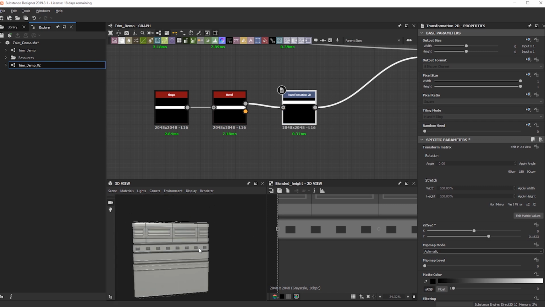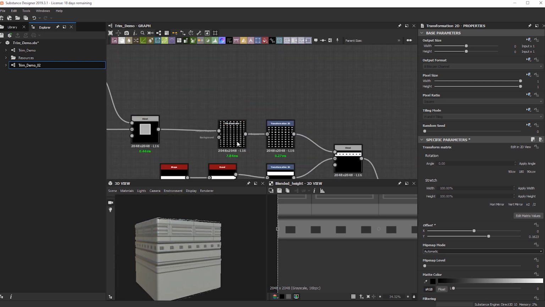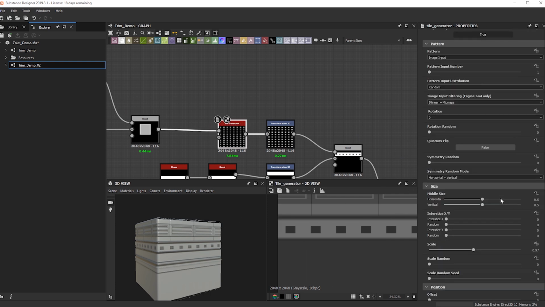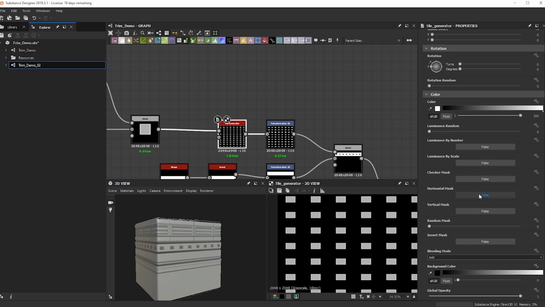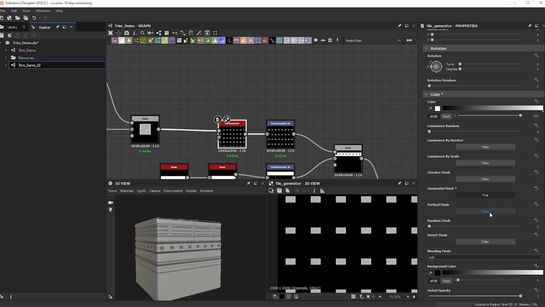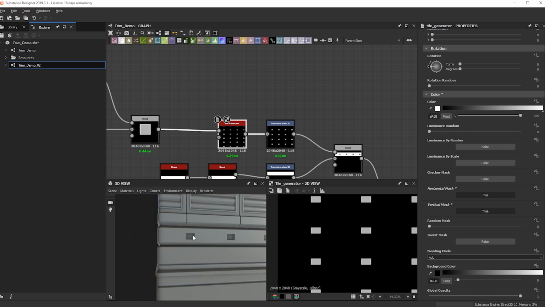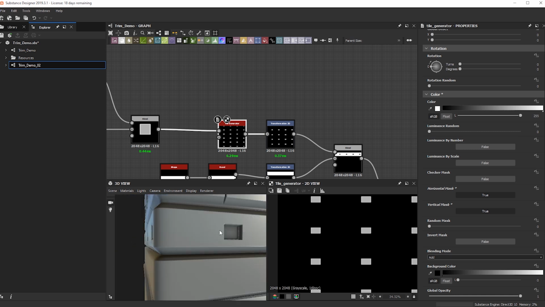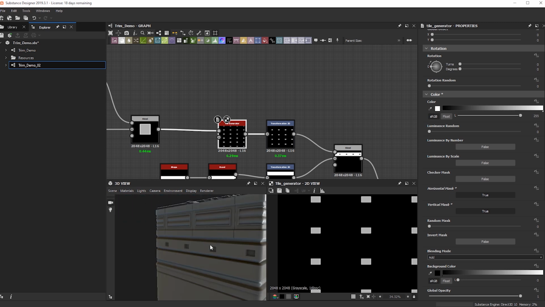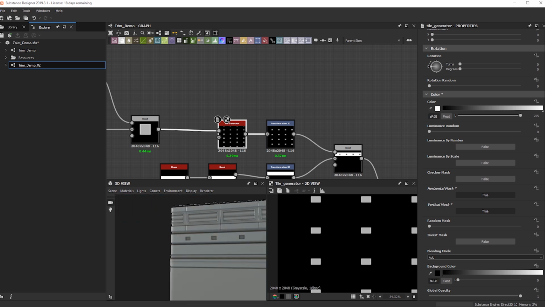Okay, cool. One thing we can do is, now that we have our tile generator like we want it, we can actually now utilize the horizontal mask that we were talking about, or sorry, the vertical mask. So now we get one on each side. And I'm going to add a small little detail here just to finish it off for this one tiling pattern.